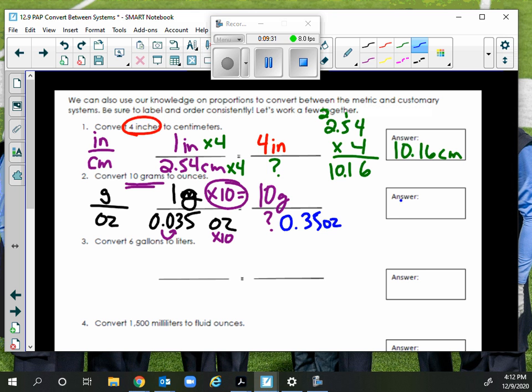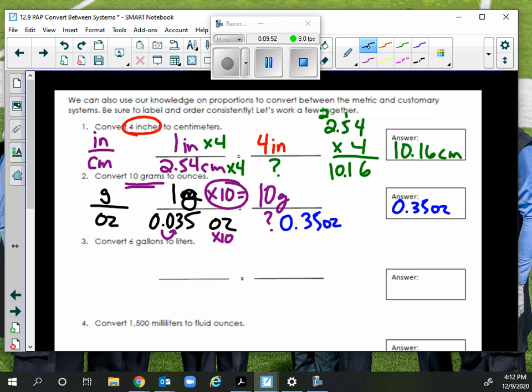ounces. And that is a logical answer to me because 1 gram is a very, very small amount of ounces. Now I have 10 grams. It's still going to be a small amount of ounces, but it's going to be a lot bigger than what we started with. Okay. Last one I want to do with you before I let you try a few on your own